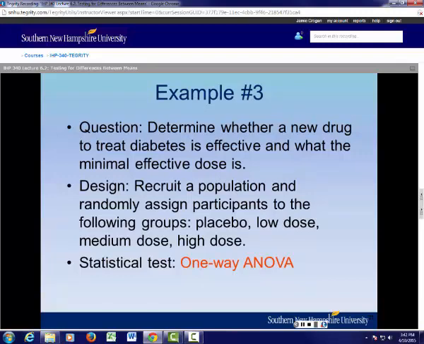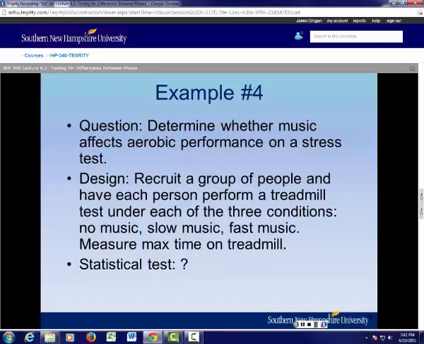And here's the last example. Let's see whether there is an effect of music on aerobic performance during a stress test on a treadmill. So we're going to get a group of people and have each person perform a treadmill test. And they're going to do it 3 different times in 3 different conditions. So one time they're going to come into the lab and they're going to run on the treadmill with no